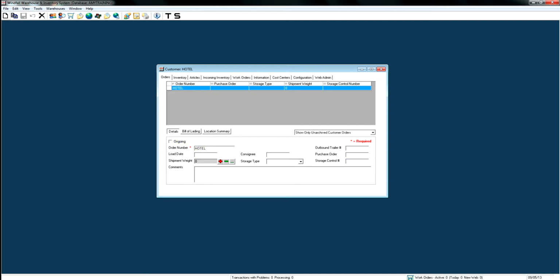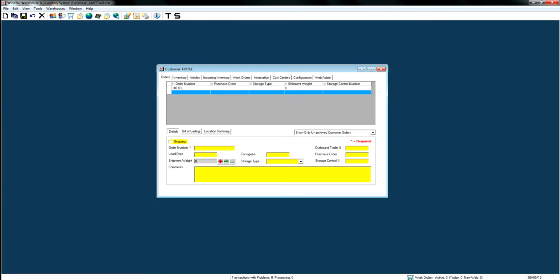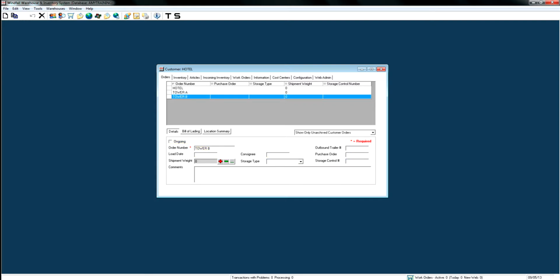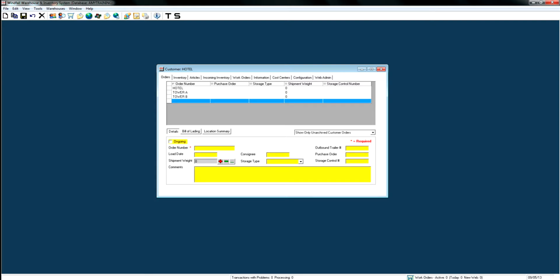You can hit white page to add new, create one order number called Tower A, save, white page to add new, create another order number called Tower B, save, add new, and create another order number called Tower C,